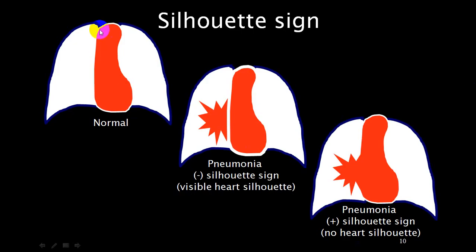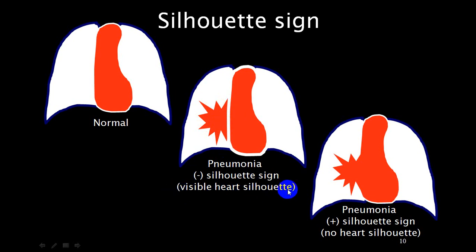And you can see here, this is a normal cardiac silhouette. You can see the margin very clearly because all these shadows are opaque. This diaphragm is opaque, so this is the diaphragm silhouette. This is mediastinal, these are cardiac borders. Now, if there is any structure and you can identify both borders very clearly, see here, you can identify this border, you can identify this border. If this is because of pneumonia, I can see the lung margin very clearly and the cardiac margin very clearly. We use the word negative silhouette sign or visible heart silhouette.